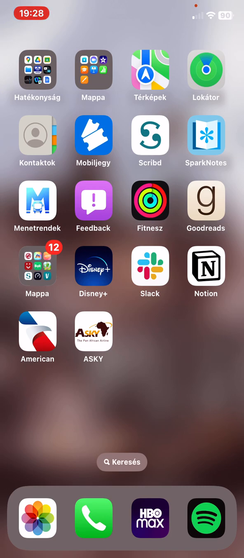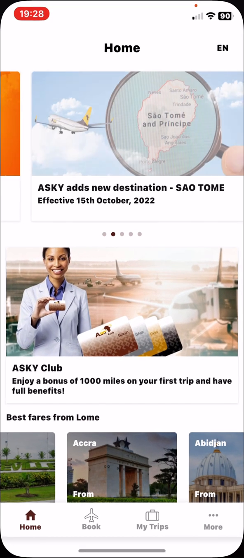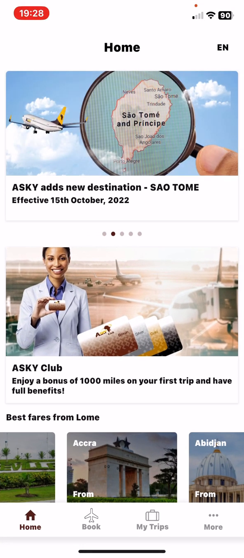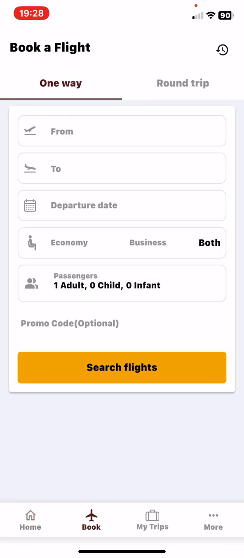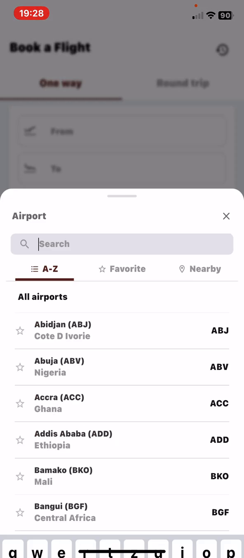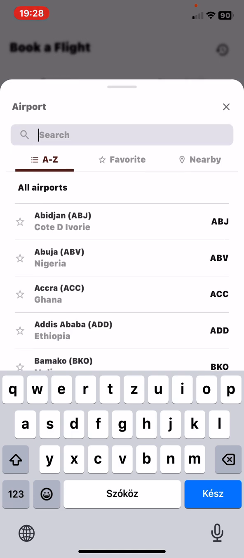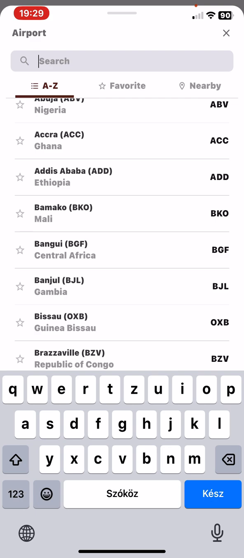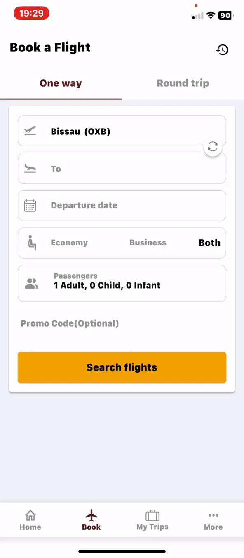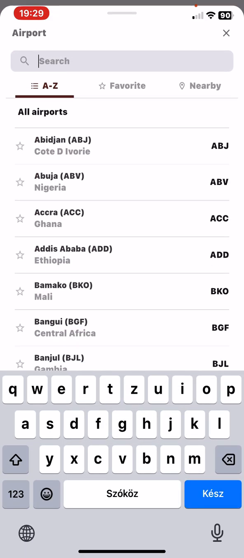Let's jump into it. First of all, open the application on your phone. Then click on the book button at the bottom of the page. So first you have to choose if it's a one-way or a round-trip flight. And then just give the countries. First the one that you're traveling from. And then your